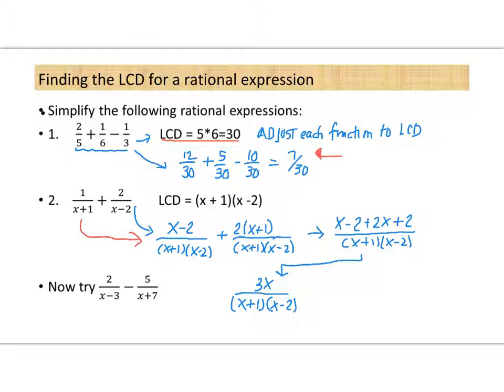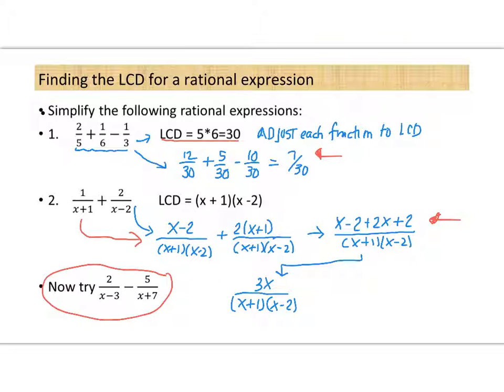And now when I do the simplification, the numerators combine. I have this as my numerator, x minus 2 plus 2x plus 2, over (x plus 1)(x minus 2). And now if I combine like terms, I just end up with 3x over (x plus 1)(x minus 2). Now again, I would like you to try the following